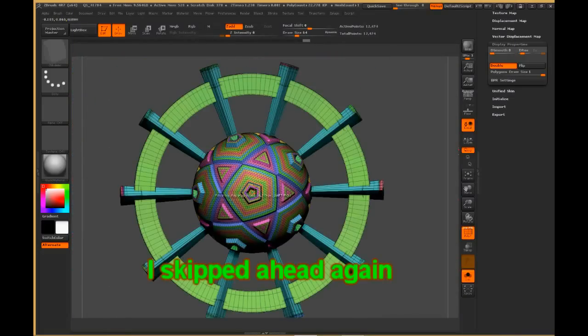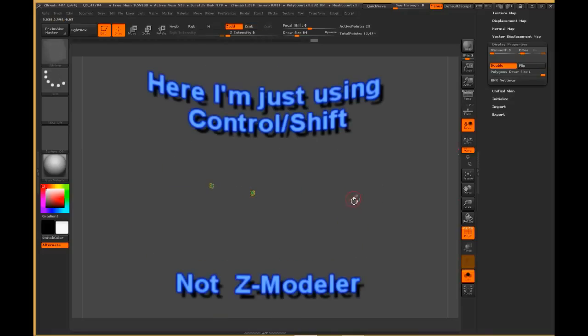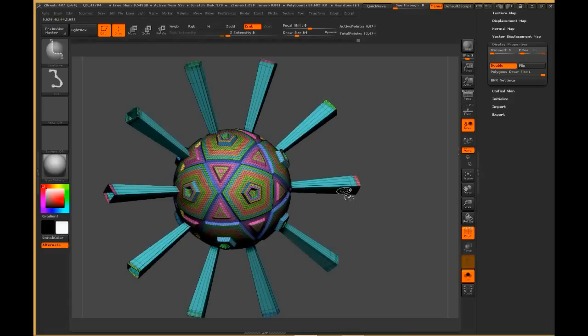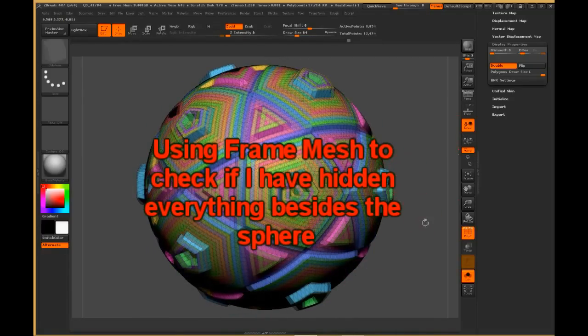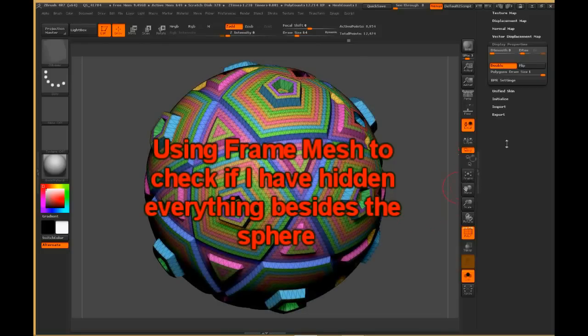Just want to show you a couple different ways of selection. Control-Shift-X will grow, Control-Shift-S will shrink, and Control-Shift-A will grow all. So it picked everything that's part of the same contiguous mesh. One way to know if there's anything beyond out there is hit frame, and then if there's still